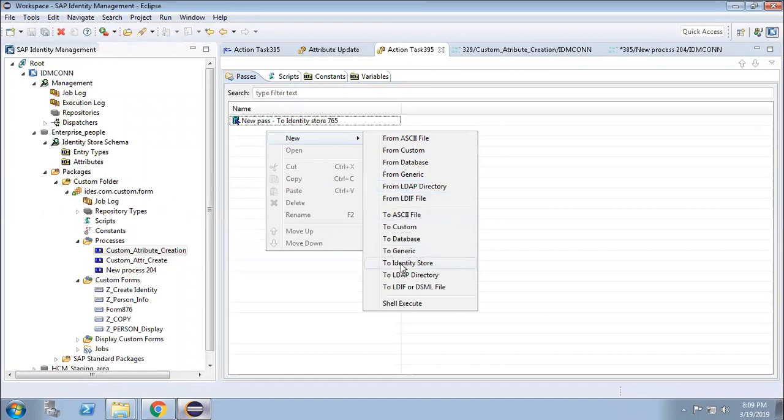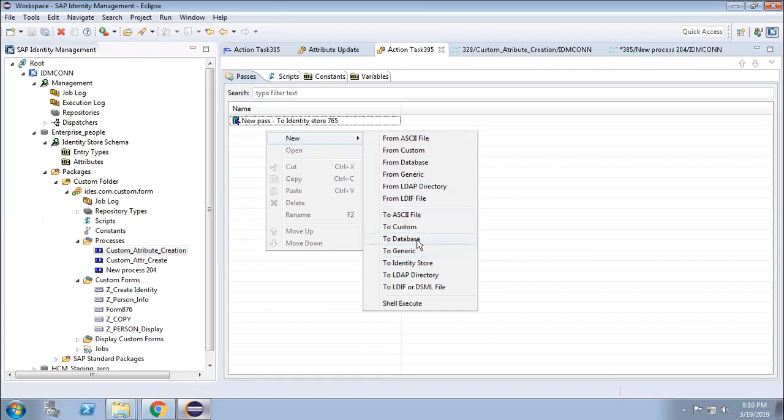And the to passes: I am sending the data to an ASCII file, sending the data to the SAP system, that is to custom, or sending the data to the database. If I am updating something directly at the database level, I will use to database. To generic is for anything apart from these three.